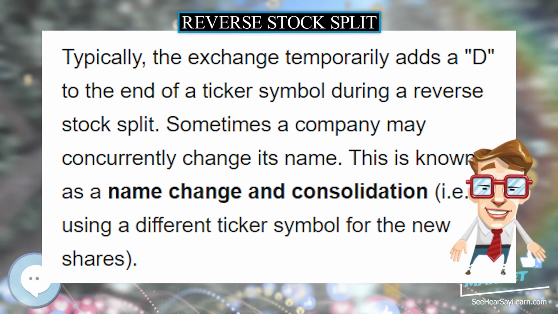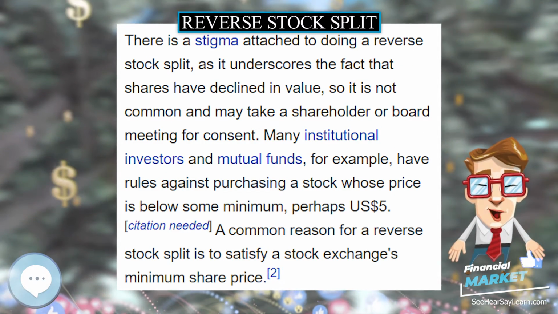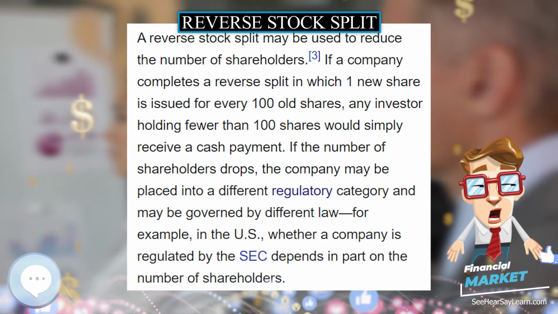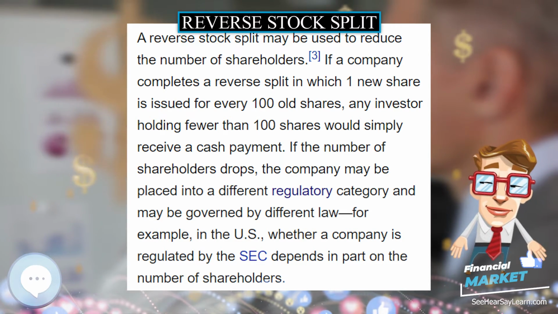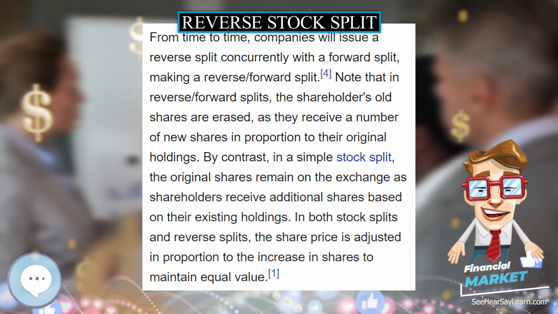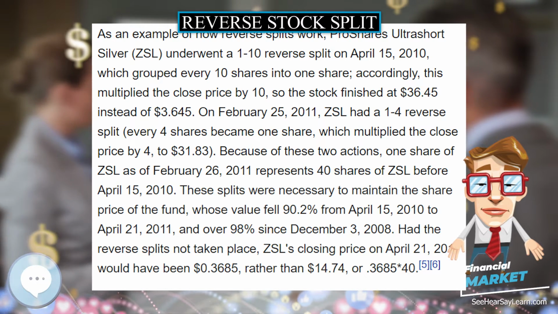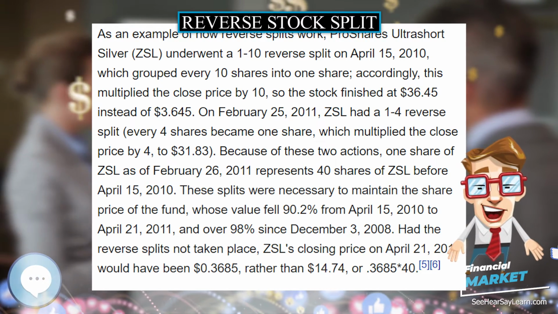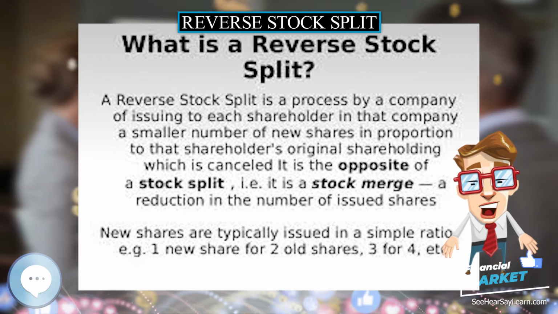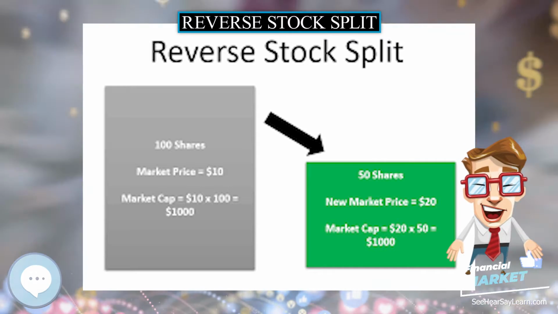A reverse stock split may be used to reduce the number of shareholders. If a company completes a reverse split in which 1 new share is issued for every 100 old shares, any investor holding fewer than 100 shares would simply receive a cash payment. If the number of shareholders drops, the company may be placed into a different regulatory category and may be governed by different law. For example, in the US, whether a company is regulated by the SEC depends in part on